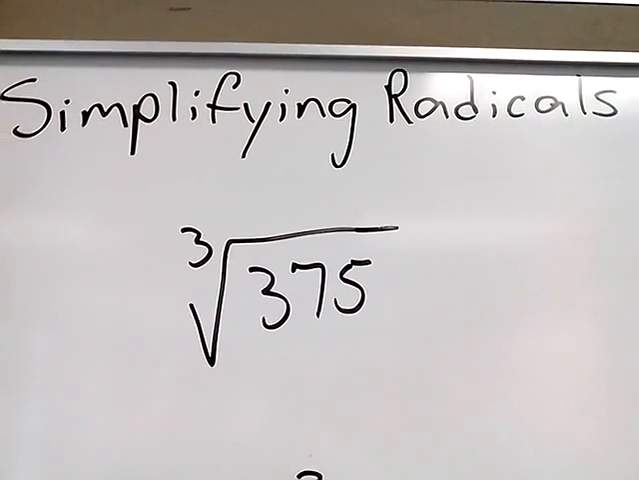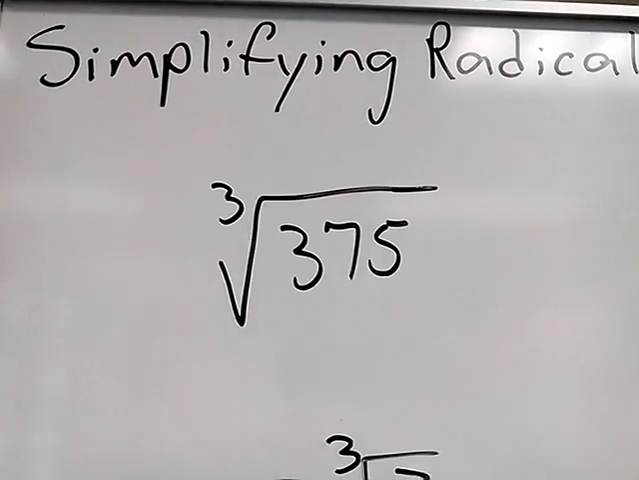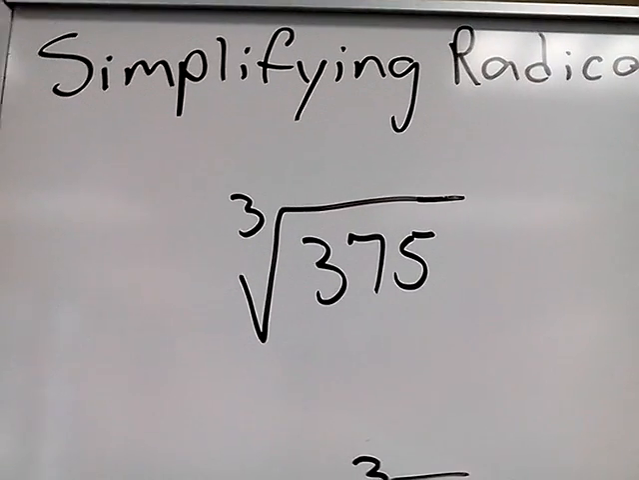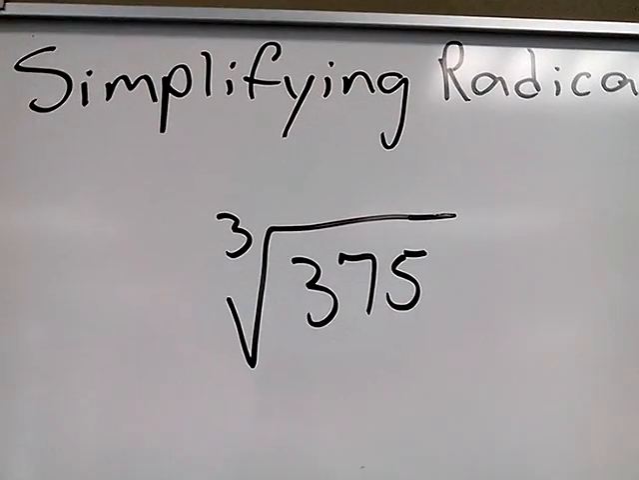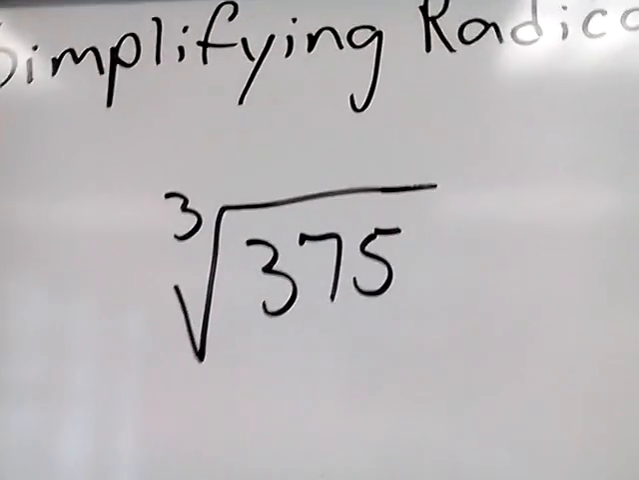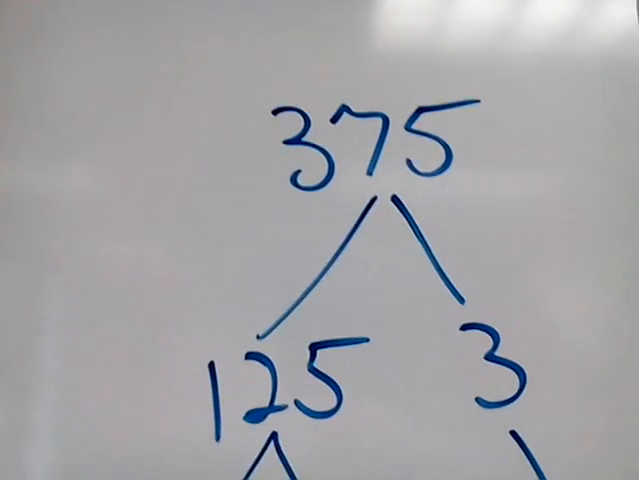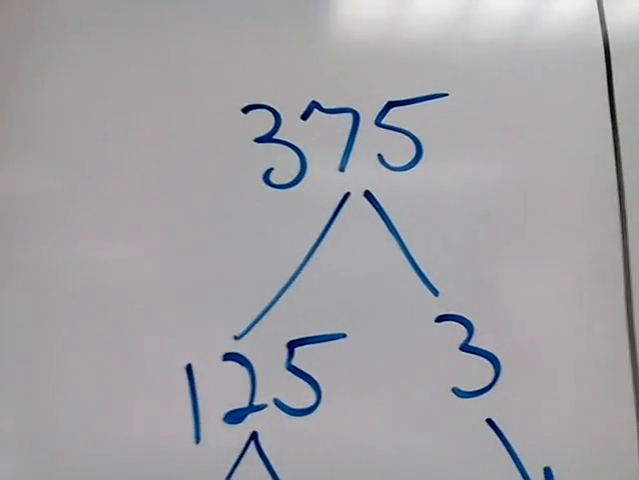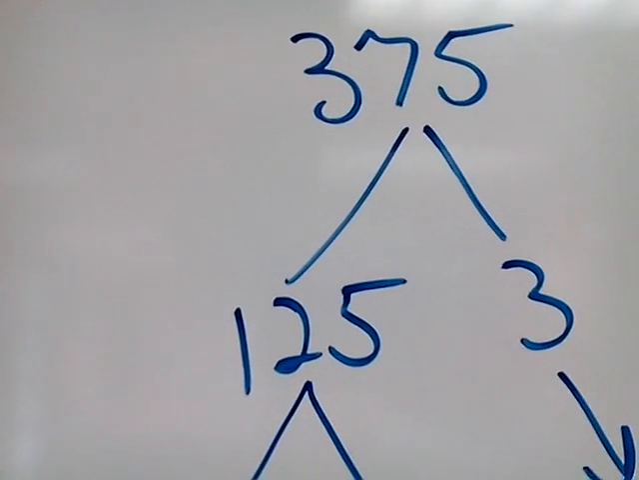Notes for simplifying radicals. We have a problem, the cube root of 375, and we want to simplify this. Well, there's no cube root of 375, so what we have to do is factor 375 and see if we can find factors where one of those factors will be a perfect cube. So for 375, we determined that 125 times 3 are factors of 375, and 125 is indeed a perfect